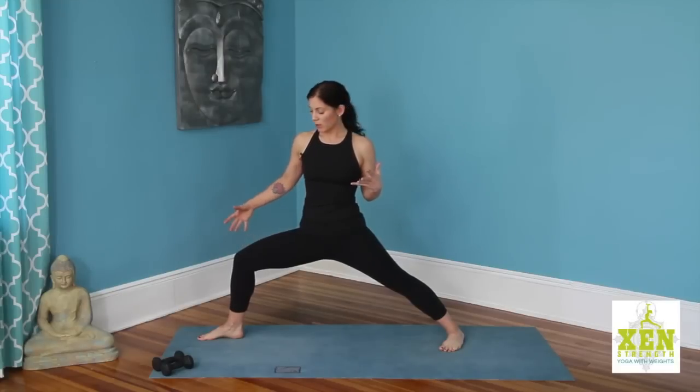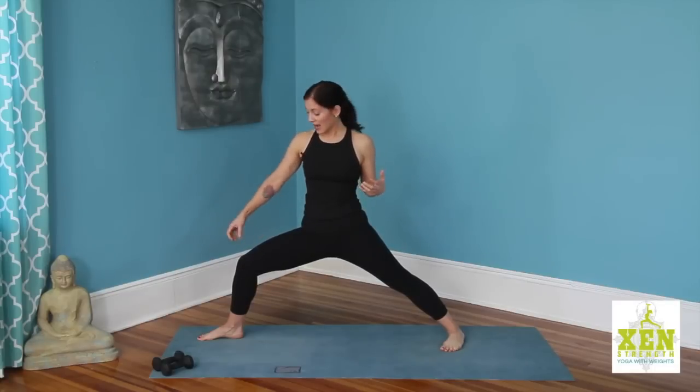Externally rotate the right thigh so that when you look down, you are able to see the right big toe. A lot of times we come into the pose and our leg just kind of falls asleep. We don't activate it and the knee will flop in, and that puts a lot of pressure on the knee joint. So you really want to fire up the thigh and externally rotate it